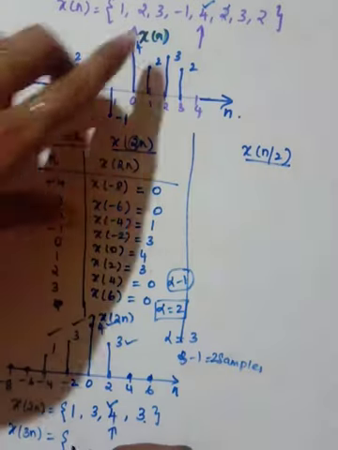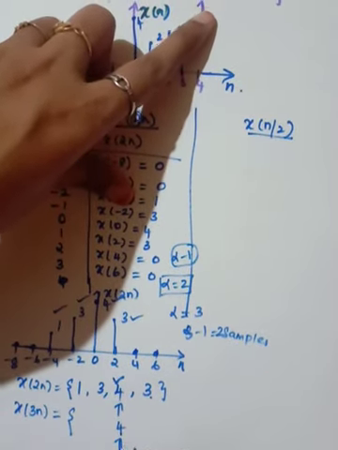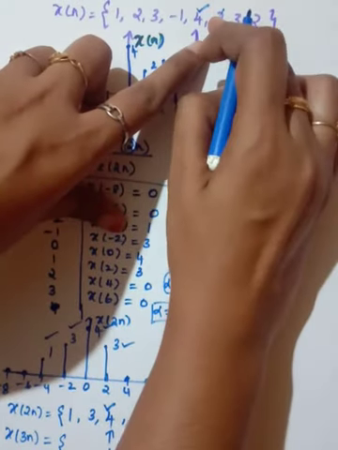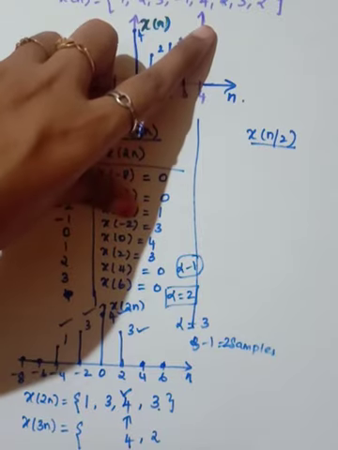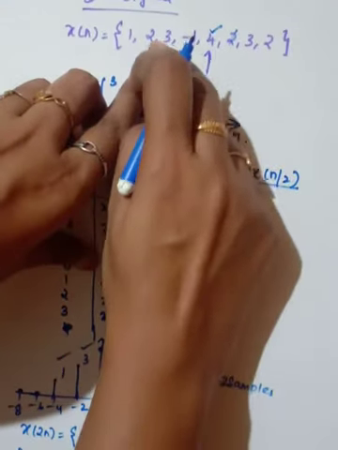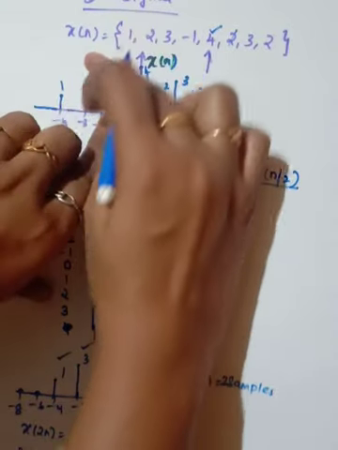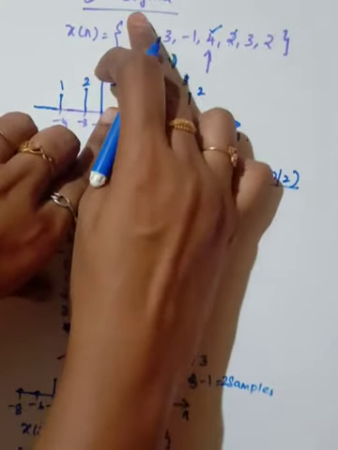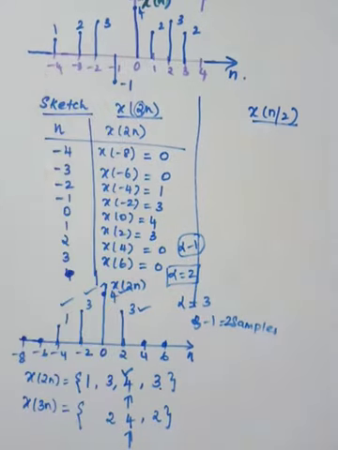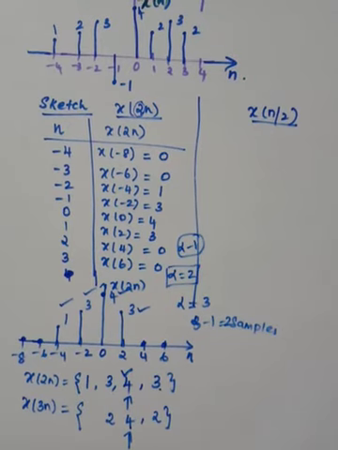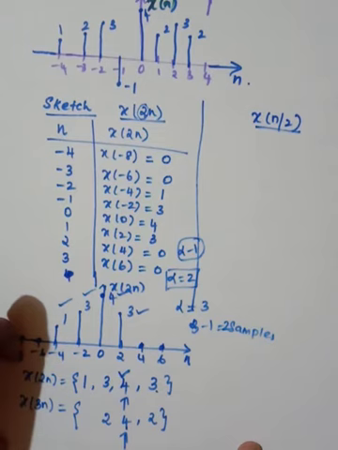So in this case, first I need to write 4. Then after 4 I need to discard 2 samples. If I discard 2 samples, what will I get? I will get 2. After that I am going to discard 2 samples, so I will get 2 here. After that I am going to discard 2 samples, so hereafter only 1 sample is there. Anyhow I am going to discard this, so I am going to get only these values. Now see the signal is getting compressed. So like that, without this manipulation itself, we can directly perform these steps.